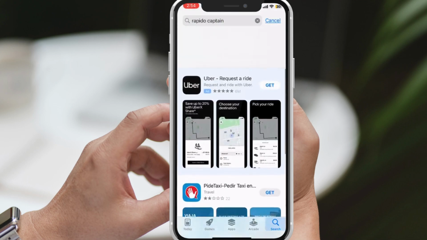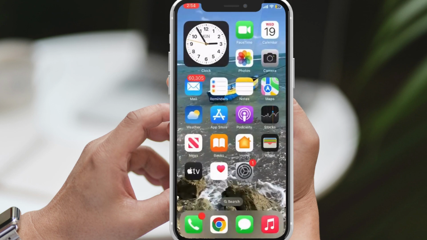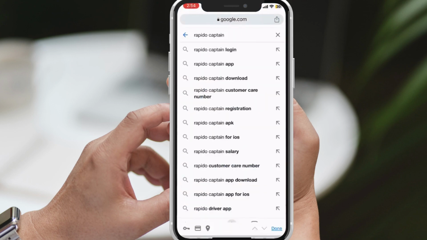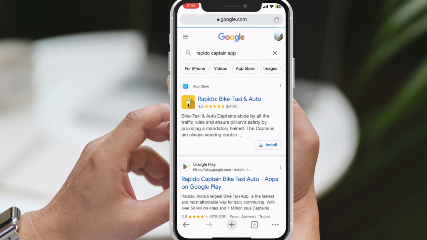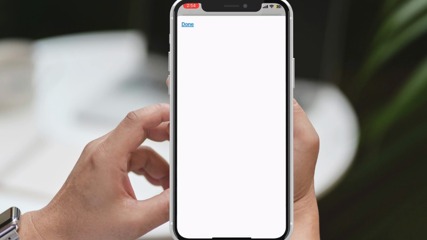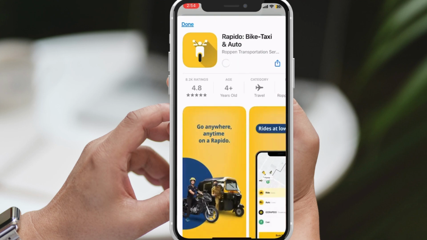Once you're in the App Store, tap on the search bar located at the bottom of the screen. Type Rapido Captain in the search bar and tap the search button or the go button on your keyboard. From the search results, you'll see that the Rapido Captain app is not available in my App Store, but here's